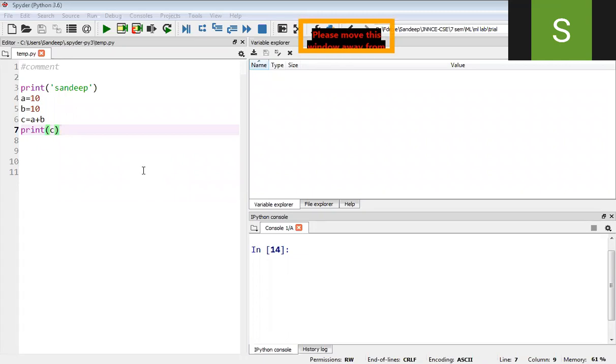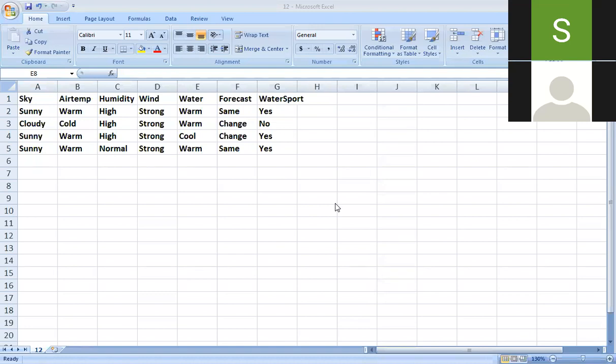We cannot simply go on implementing the algorithm. The algorithm is very simple. We are going to implement the Find-S algorithm. That's your first lab assignment. Before we start the lab program, the first thing that is required is the data set. What data set do we require? For the Find-S algorithm, we need this data set, this table.